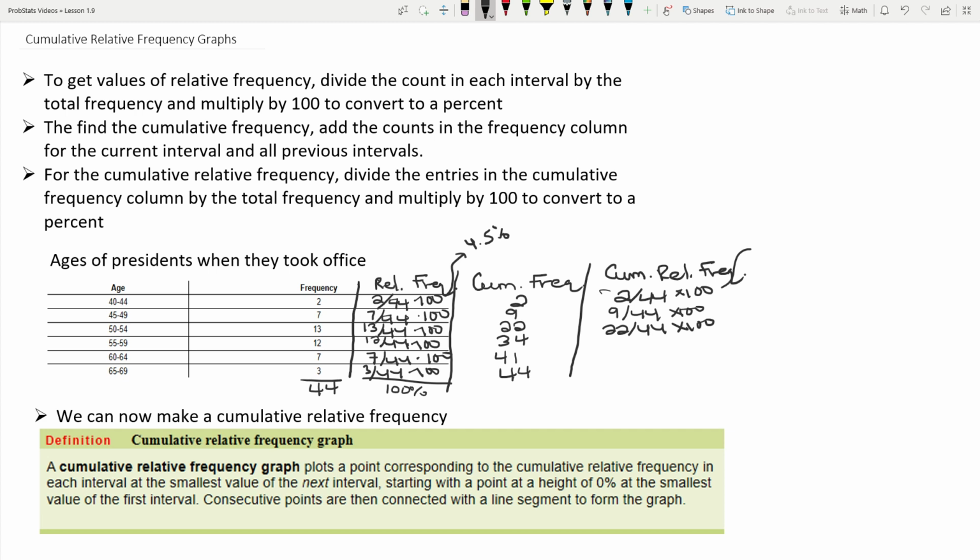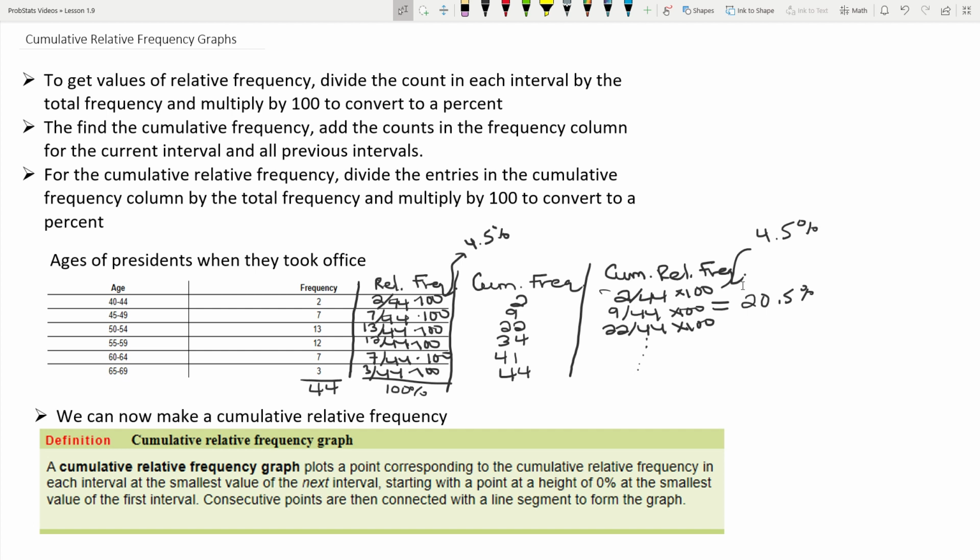Same for this one, 4.5%. This next one you're going to get for cumulative relative frequency 20.5%, and so on. So I'm going to show you the updated values in the next slide, but I wanted to show you how to actually calculate those. All right, so real quick before I show you that updated table, let's talk about how